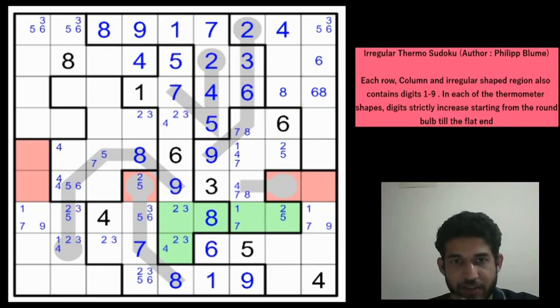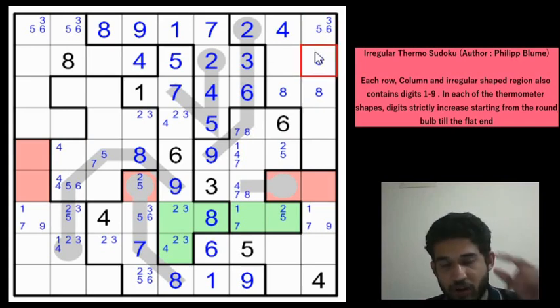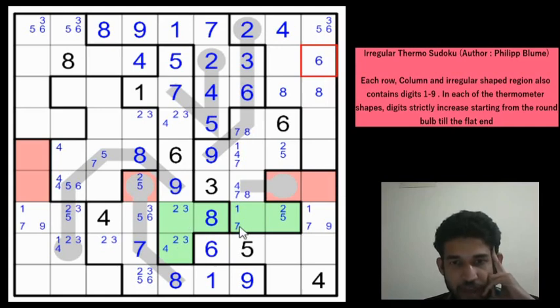Okay, you can't have the 6 here because 6 is here. So we can eliminate the 6 from there. So this is not a 6. So this can only be an 8. So 6 must go into one of these 2 cells. So let us have this information with us for now. It might be helpful later, I think.